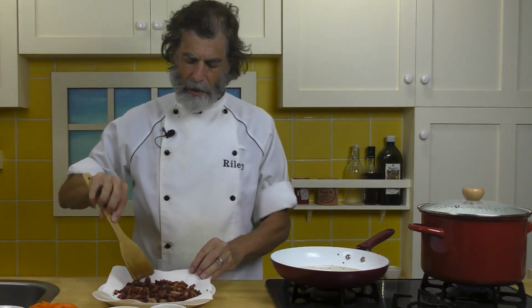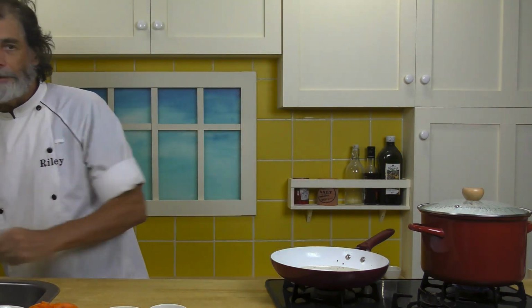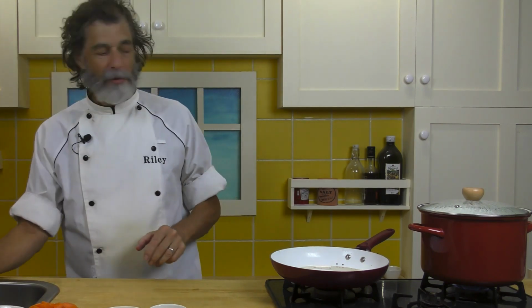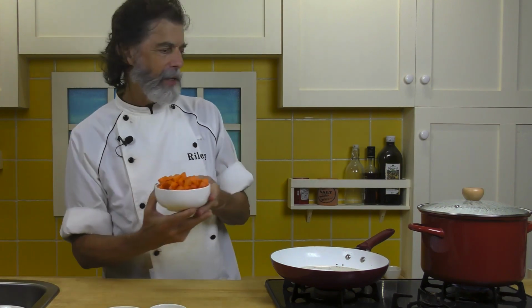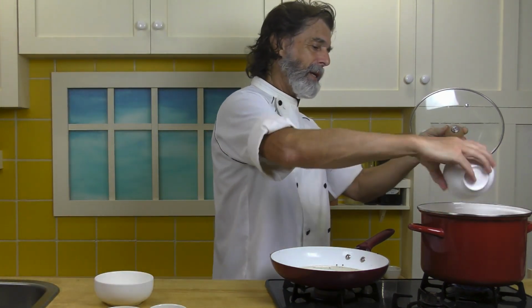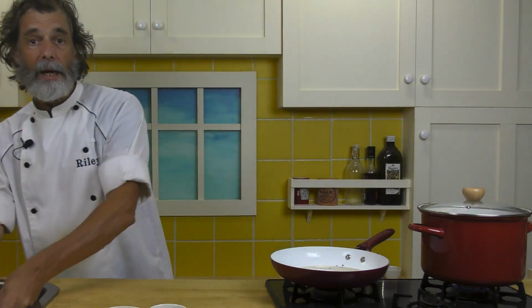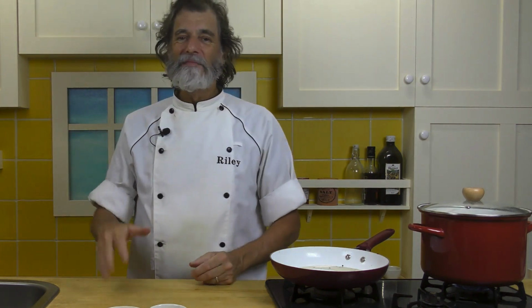All right, so that's all the bacon on a plate. Set that aside to drain. Now, the potatoes should be at about the 8-minute mark. So what I want to do now is add in the carrots and the red onion. And then I'm going to let that come up to a boil and then boil it for another about 7